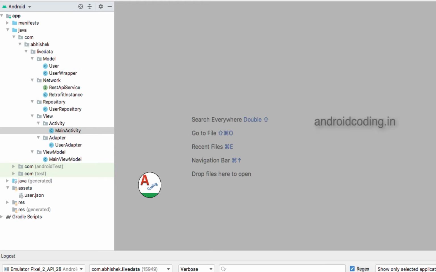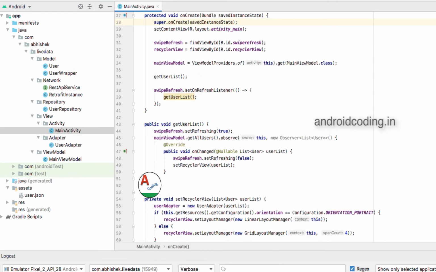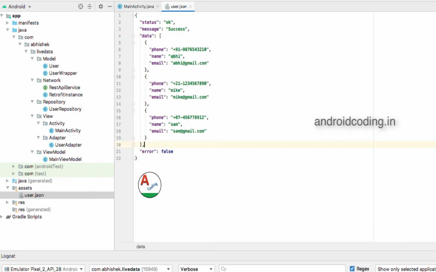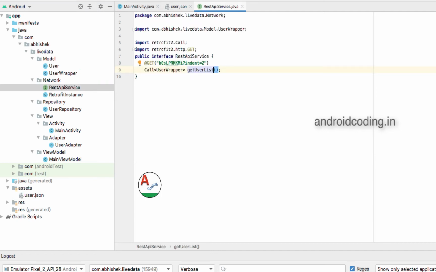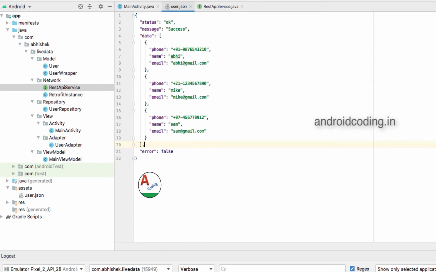So here I want to show you the JSON array first. So here is our JSON data which is coming from our server. I have just shown it with the local file because I have used a temporary JSON API here, so it might get expired within few days. So whenever you are trying to make this project, this is the JSON array. It will be provided in the link.